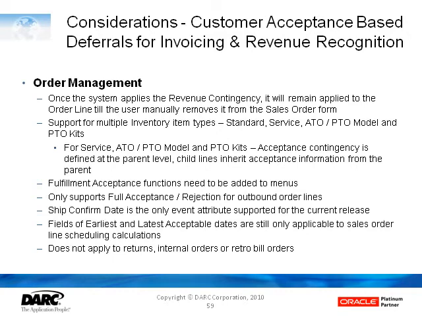Just some things that we didn't really go over that deeply, if at all. We kind of skimmed by in terms of the basic function. On order management, once the system applies the revenue contingency in terms of the acceptance name, so once that defaults into your sales order line based on the AR API being called, it will remain applied until the user changes it. So the reason this is key is